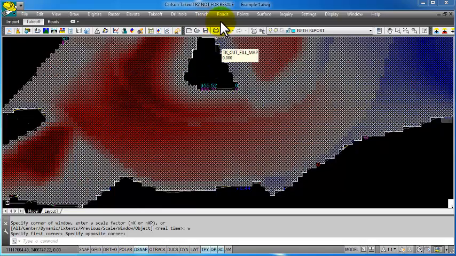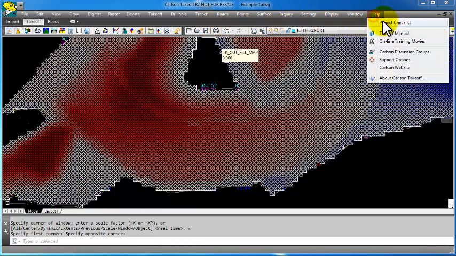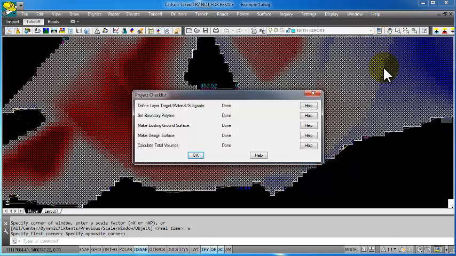And that pretty much ends my first example, example 1 Carlson Takeoff R7 tutorial to demonstrate the 5 steps necessary to generate the earthwork volumes, and